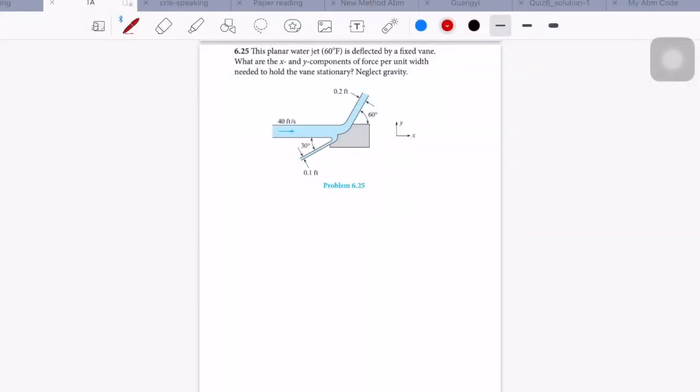So we finished this problem. For the second problem, we need to find the components of force per foot of width to hold the vane stationary. First, we select the CV. And then we sketch the force and momentum diagram. So for the force diagram, this is the CV,